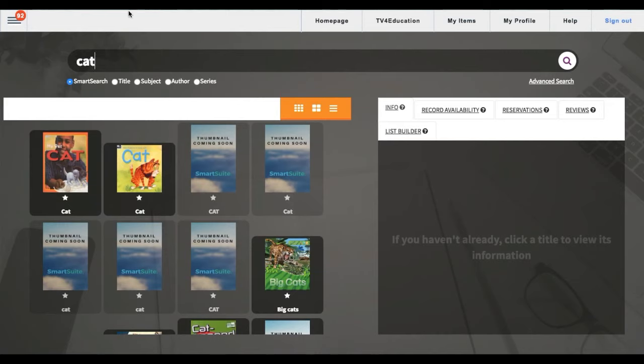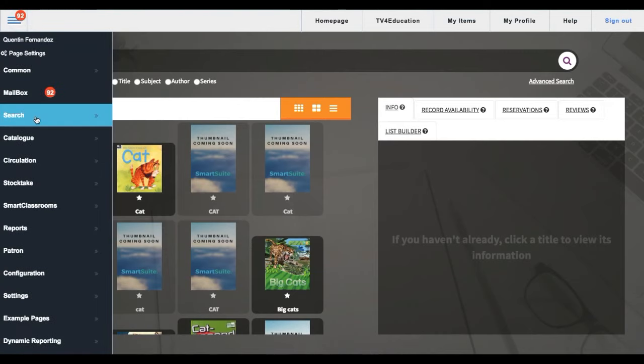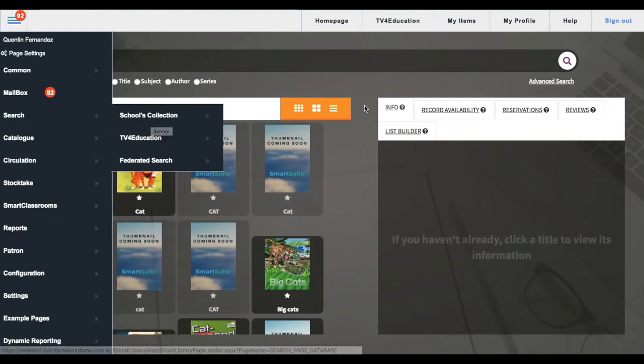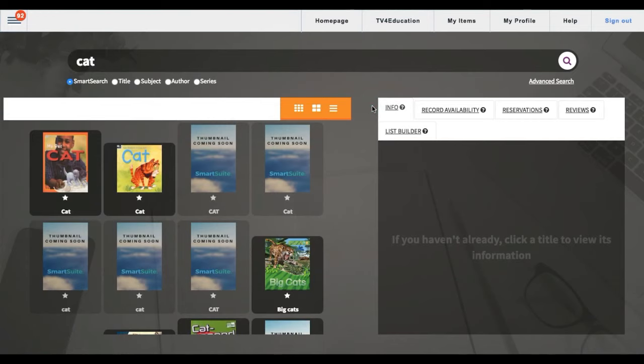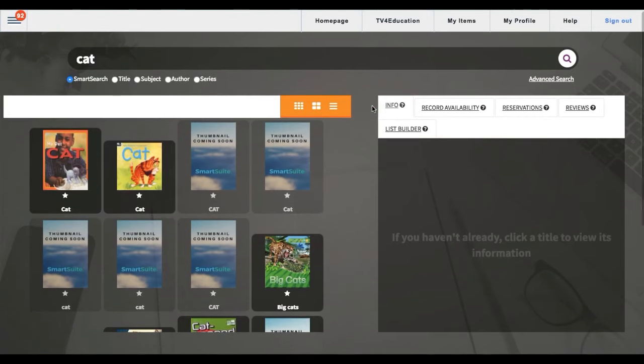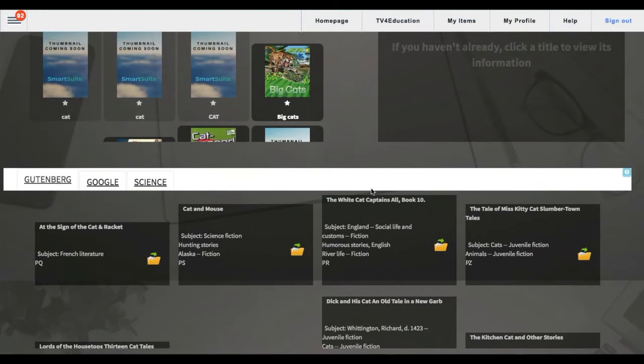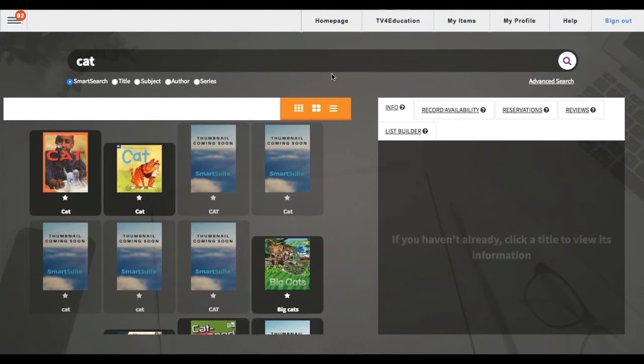what we can do is we can leave schools collection dedicated to the library resources. And we can go and create a brand new page that's going to allow our users to search all the subscription databases that we have configured. So, in order to do that,